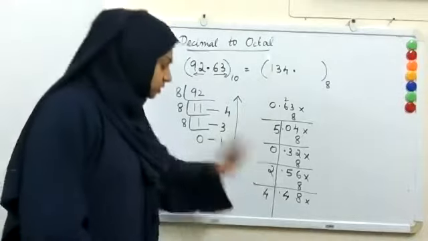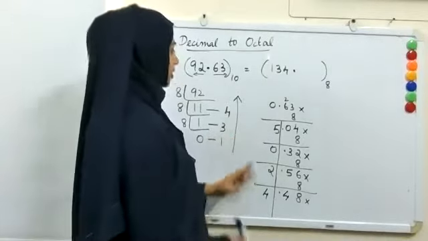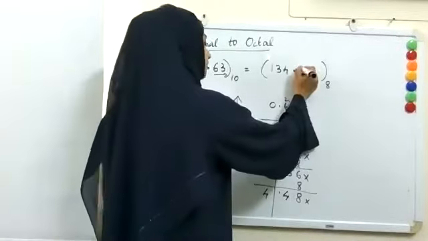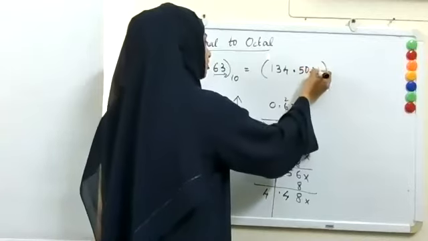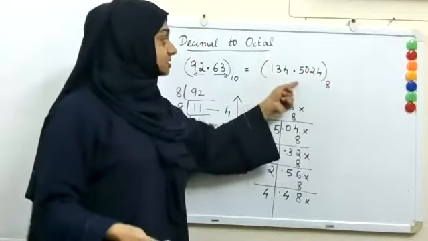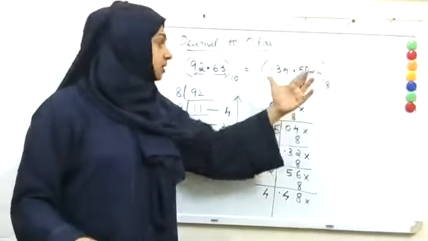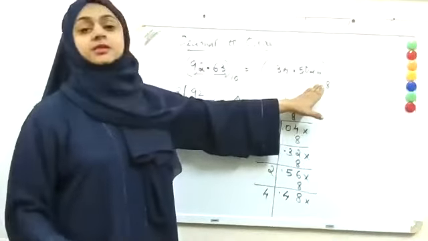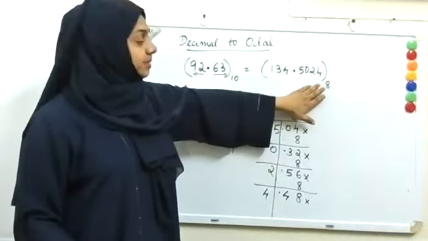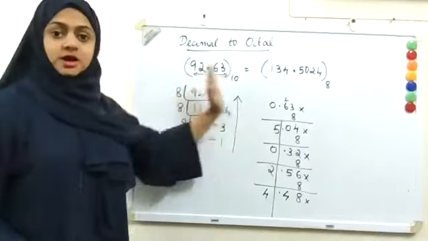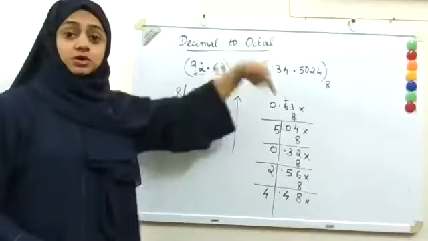So I'm going to stop it here. So I got 4 points. That's enough for me. So 5, 0, 2, 4. Note here, all the digits here are 7 or below 7. So this is in the base 8. So is this clear how to convert decimal to octal?